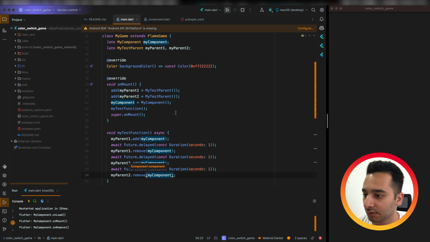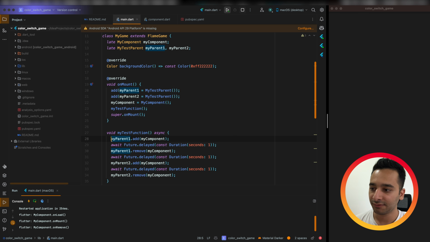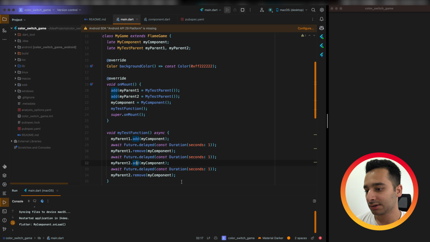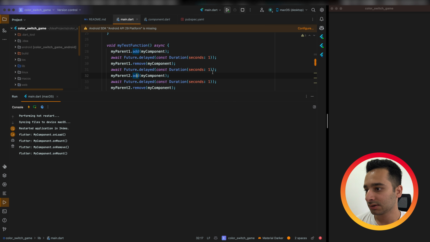So what we are doing here is at first we add and remove our component to the parent 1, and after that we add and remove the same component to the parent 2. So let's run the app to see what happens.